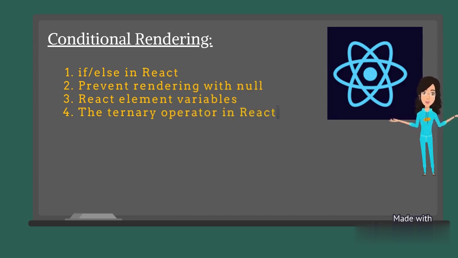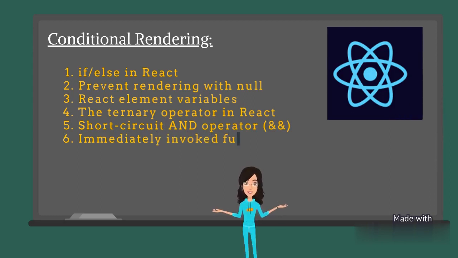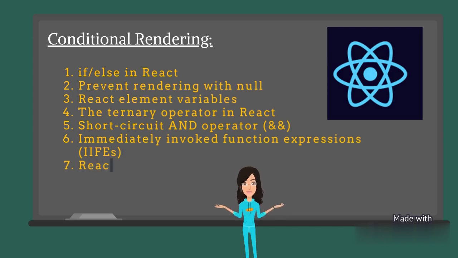I also explained how to prevent rendering with null. So if you want to hide a component, you can make its render method return null, so there's no need to render an empty and different element as a placeholder. One important thing to keep in mind when returning null, however, is that even though that component doesn't show up, its lifecycle methods are still fired.